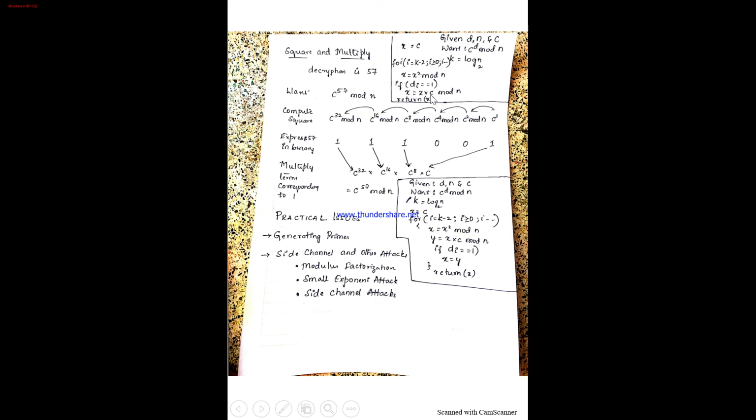So this is for c raised to 1. Here I'll get only multiples of 2, so the last term will be c to the power of 1. For that purpose, if d_i is equal to 1, then x is equal to x into c mod n; return x. So this loop will work more times if you have more ones. If it contains more zeros, then this loop will work fewer times. Are you understanding? So the power consumption being less or greater all depends on the number of ones and the number of zeros.